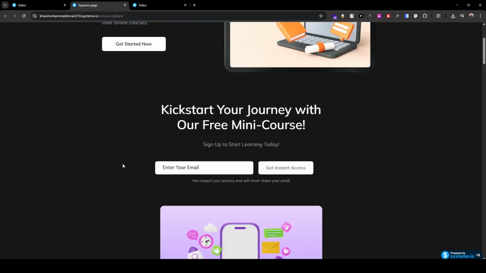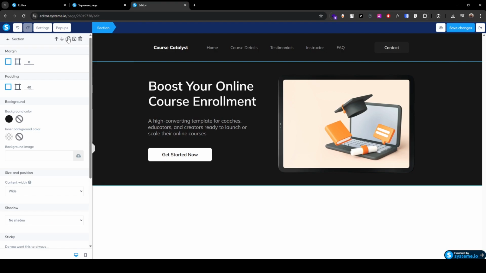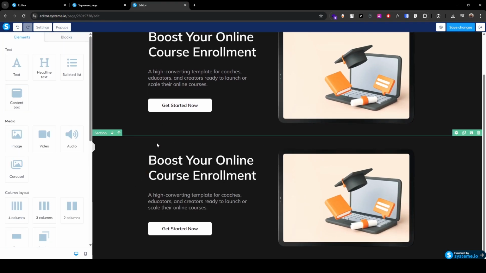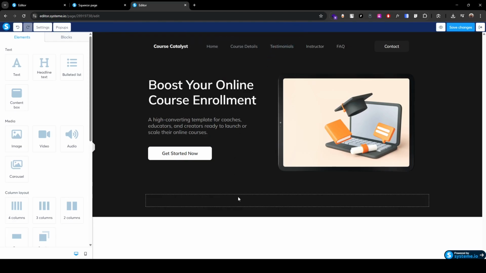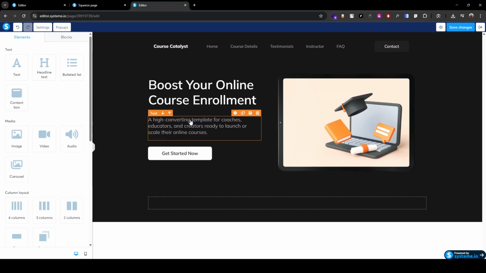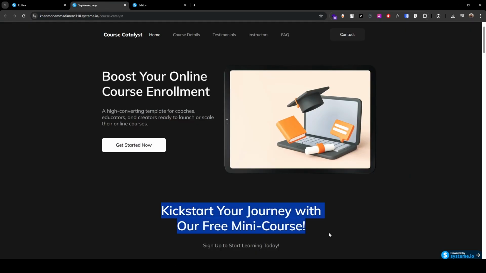For this section, simply click this section and copy it. Now remove all the content here by selecting the row, delete it, and add a single row. We can use this text, but it is an H1. On a landing page, it's better to use an H1 only once. So copy it, drop it here, copy the text